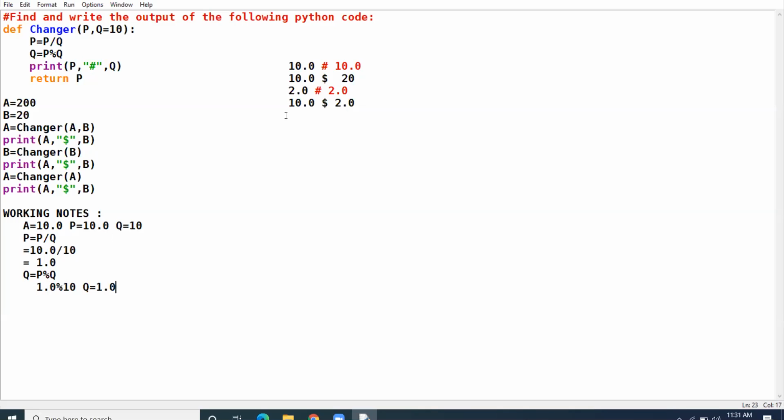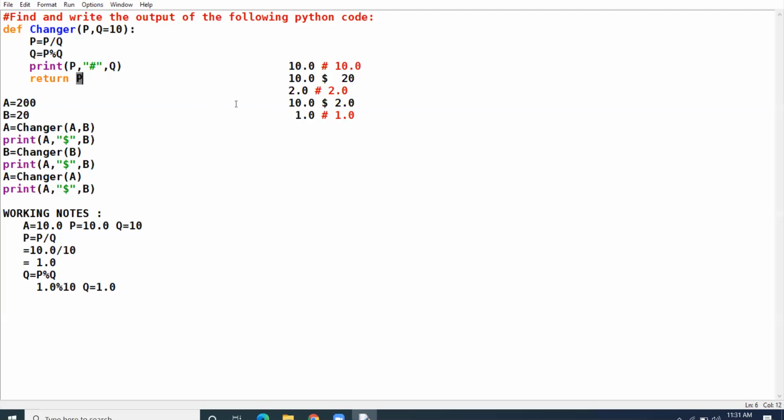Clear? Any doubt up till here? So the next answer that will be printed is 1.0 hash 1.0. Because P has taken the new value, and as per the new value P is 1.0, which gets modulus with the value 10, and we get the answer 1.0 for Q also.